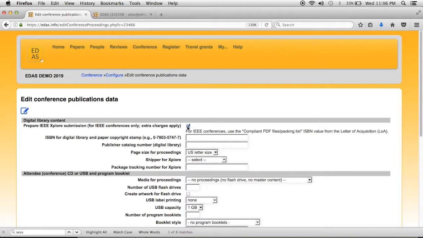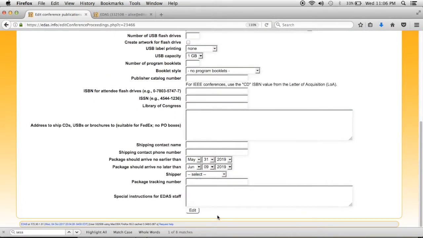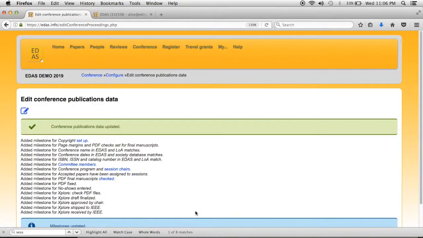This is for IEEE conferences only. Note that extra charges apply. Submit the request, and the set of milestones are created. Go to Conference Milestones,